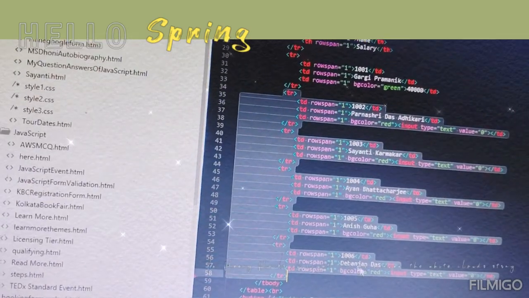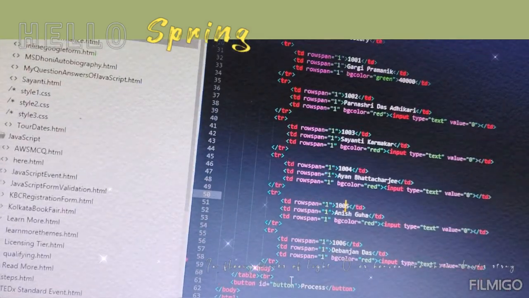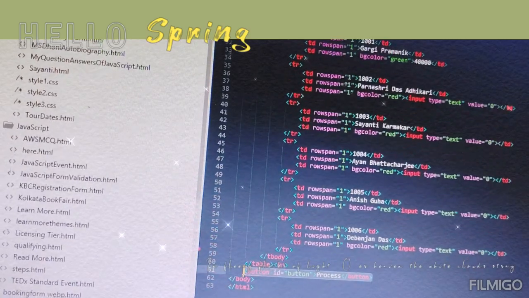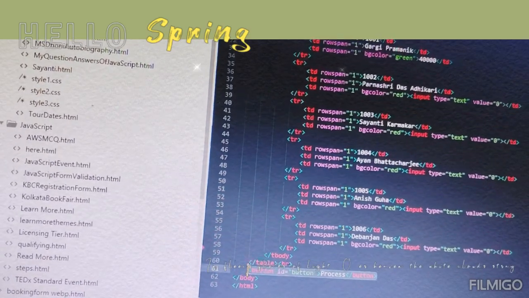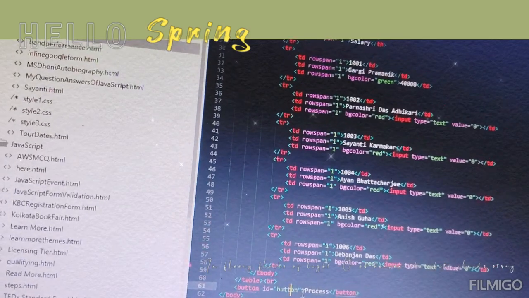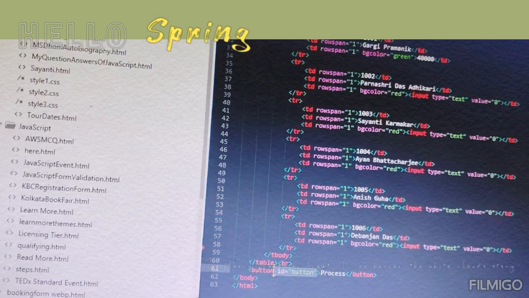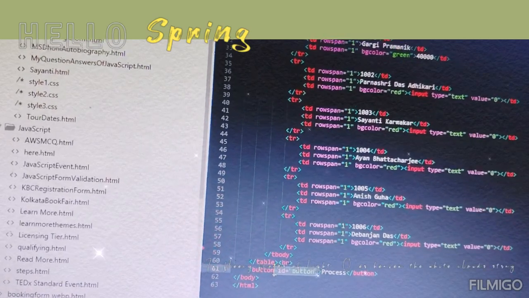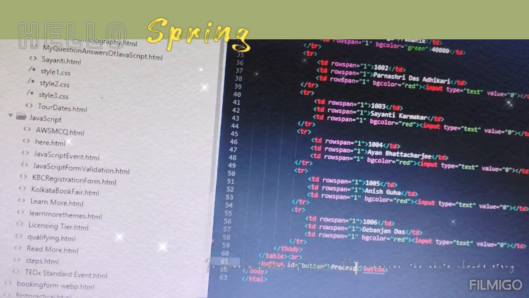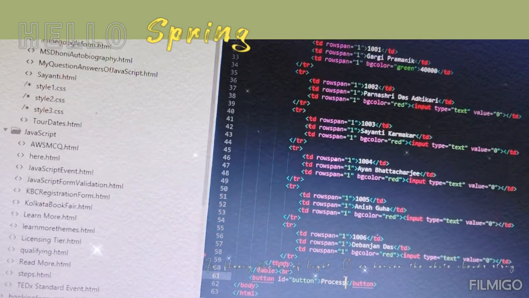And in step number 6, after that I have taken one button, and inside the button tag I have taken one ID name as button. Here the ID name is also taken as button, but you can take any ID name, and in the button tag I have kept Process. Okay. And now coming to my next step, after that